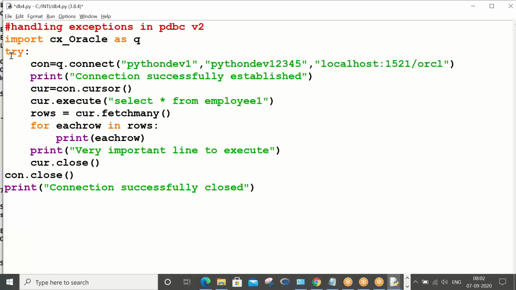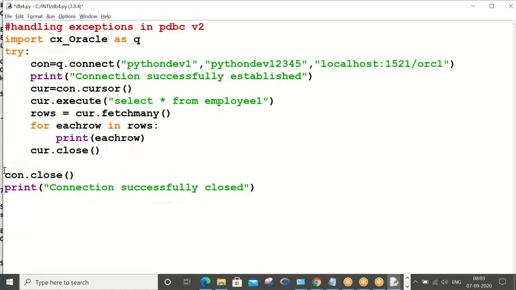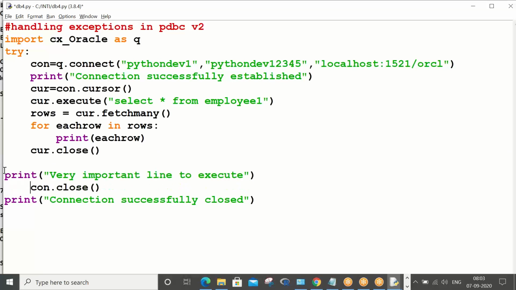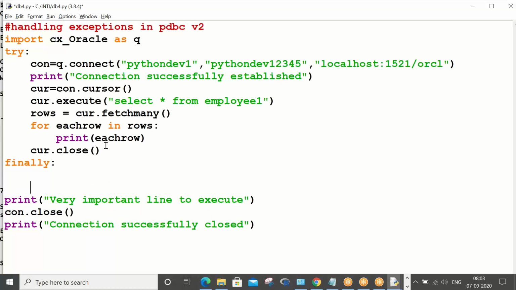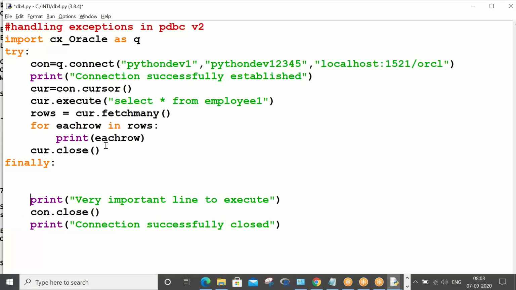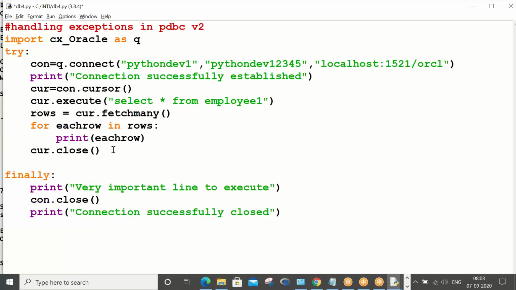Okay, so what you can do is this. These are mandatory steps for you, right? So when you feel these are mandatory steps, you put them in the finally block. Okay, so what is the except block?